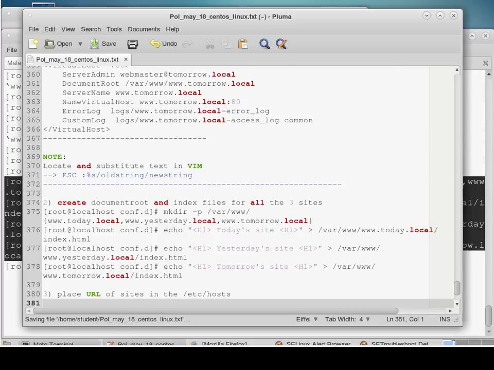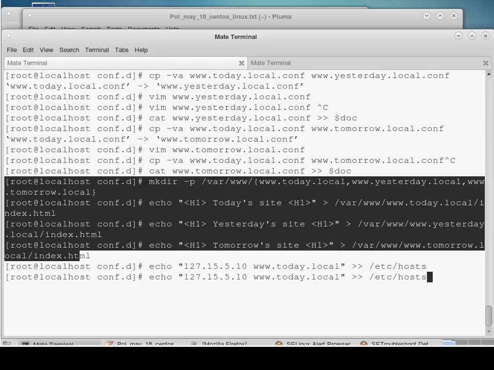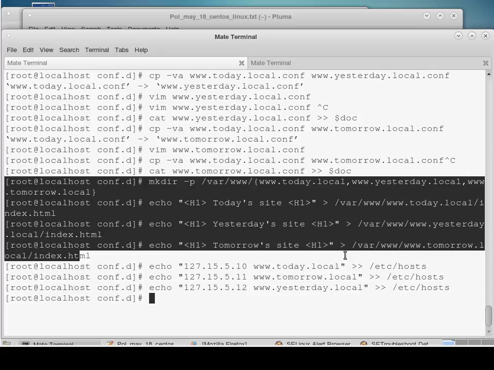So you'll do echo 127. Today it's 15.1, so we'll say it's 10, and today.local. We'll send it back to the etc hosts file, and 11 will be for tomorrow, and 12 will be for yesterday. Okay, and after,